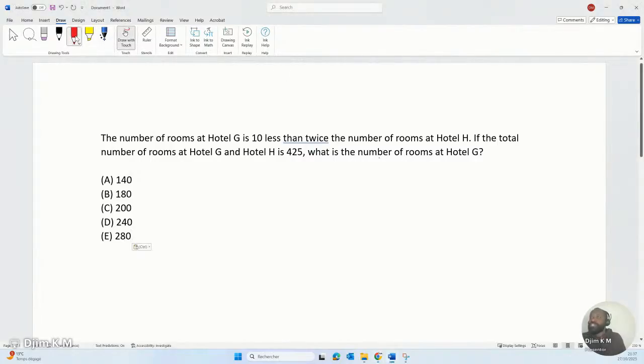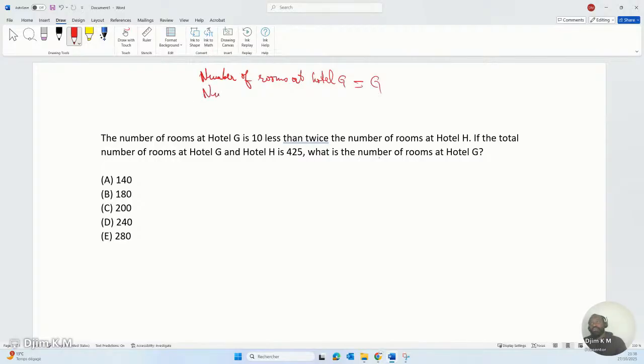The number of rooms at Hotel G is 10 less than twice the number of rooms at Hotel H. So if we say the number of rooms at Hotel G is equal to G,